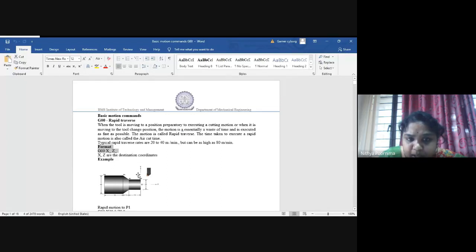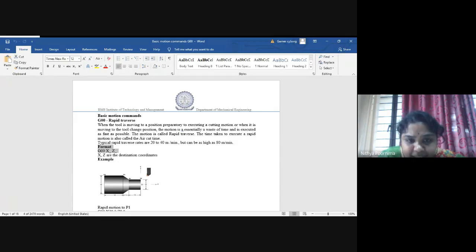Usually if you take the coordinate system X and Y, the Y will be represented by X in our SIM programming, and whatever was in the X direction will be taken as Z. This is the Z axis and this is the X axis. This side of the Z is positive, this side will be negative, this side will be positive, this side will be negative.